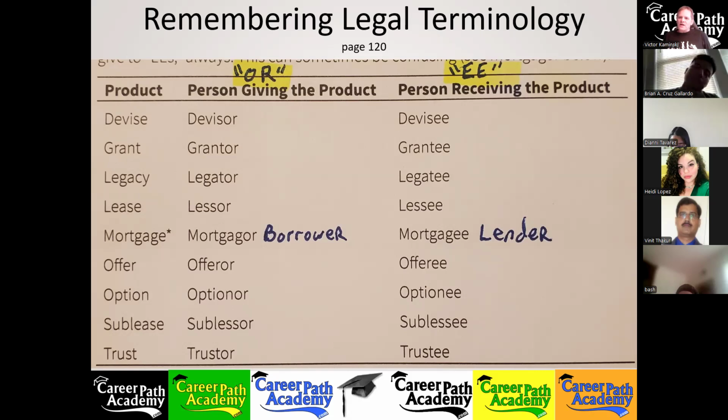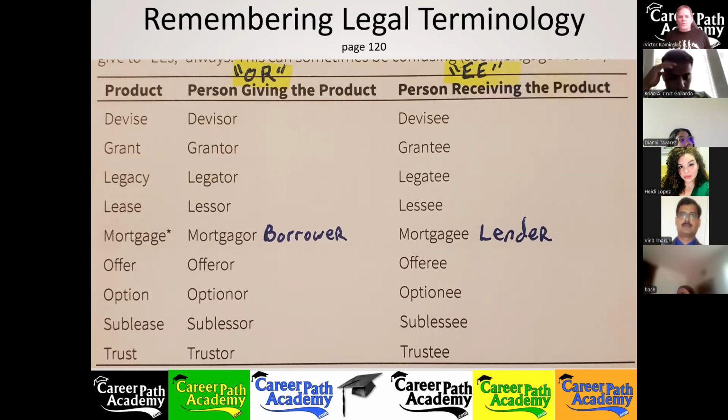You have the mortgage itself, which is the promise to pay. Lender, lend me your money and I promise to pay you back according to the terms in the note. The note is the financial instrument that makes you personally liable for paying back that money. And it lays out all the terms, how much you borrowed, what the interest rate was, the frequency of payments, etc.